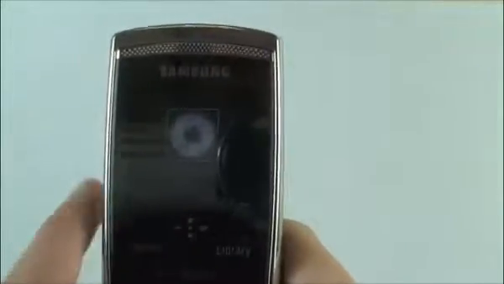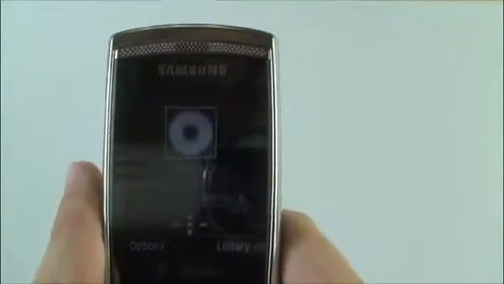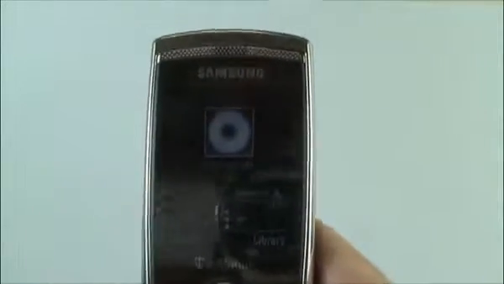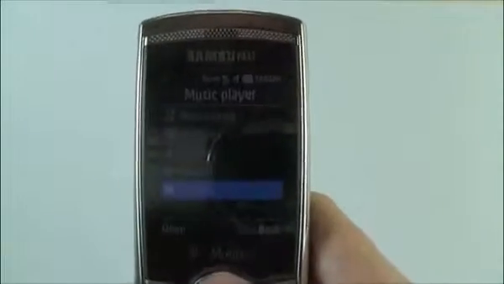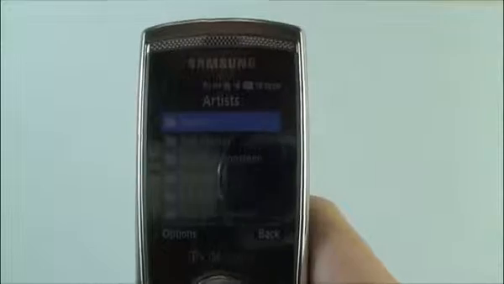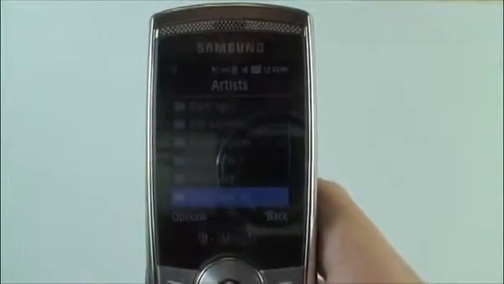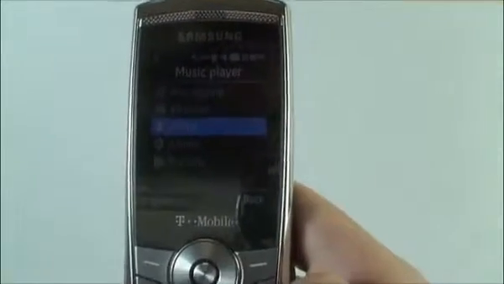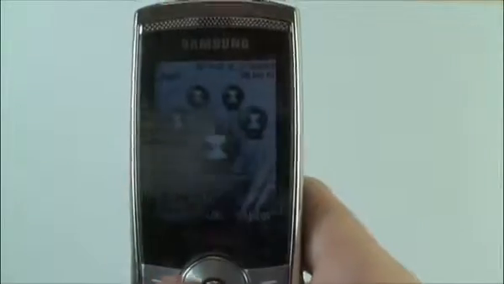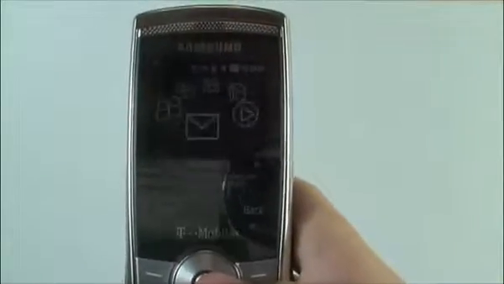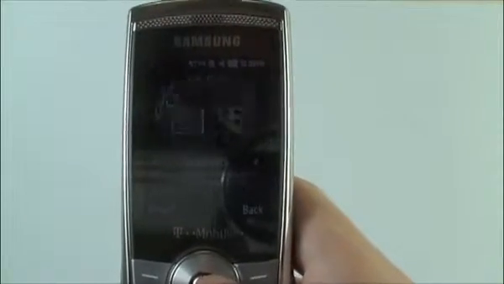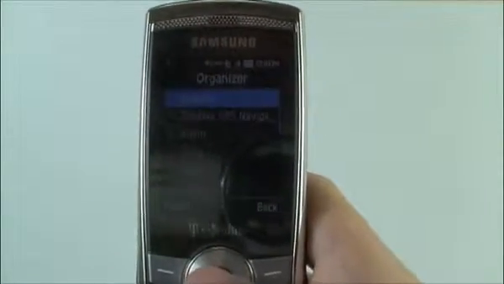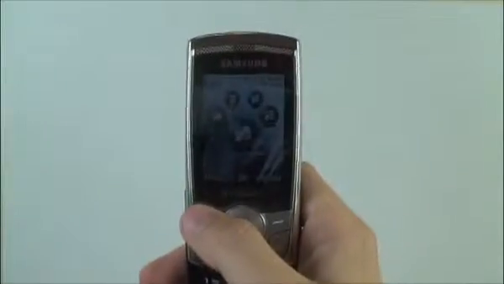We'll check that out. A nice, pretty full-featured music player. Of course, you can have your standard options, your repeat, shuffle. You also have your playlists. You can create a playlist on the fly. Here's all the artists I have on this very random micro SD card. And as you can see, you can continue to use the phone as the music plays. We'll get back into the full menu